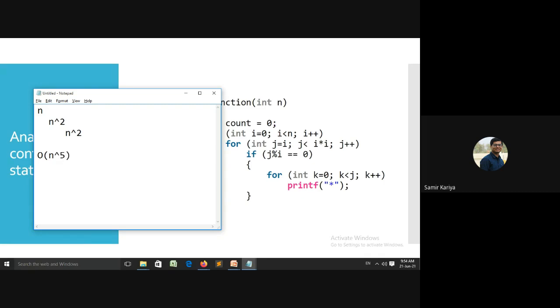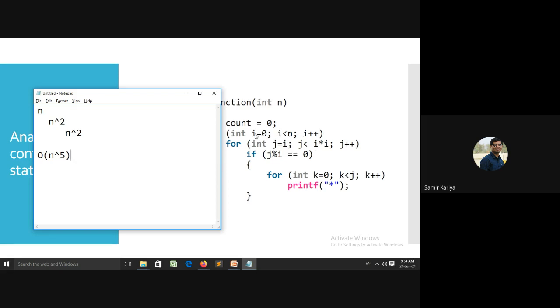Here it must be the upper bound because it's not equal here. So here it must be the upper bound, the maximum limit. It will not be more than that, because if you take a small input then it will not matter here, but greater than 2 you will get the answer n raised to 5.